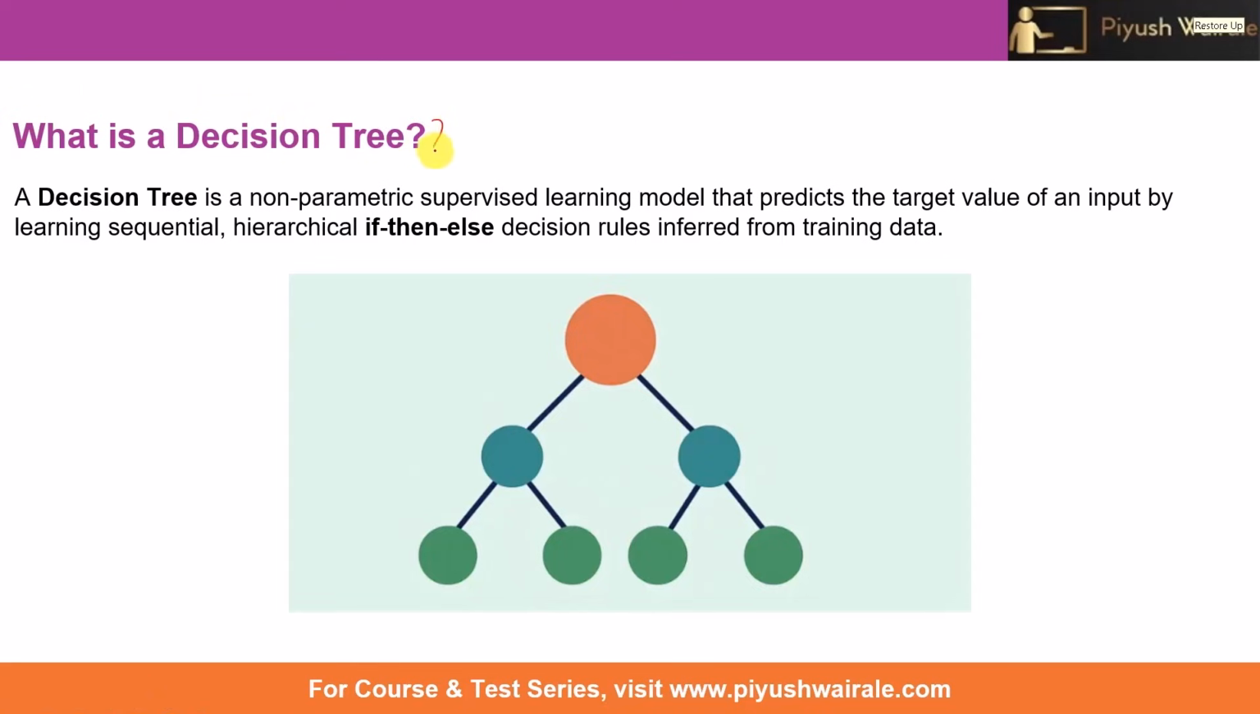So what is a decision tree? A decision tree is a non-parametric supervised learning model that predicts the target value of an input by learning sequential, hierarchical, if-then-else decision rules inferred from training data. So what this is saying basically,